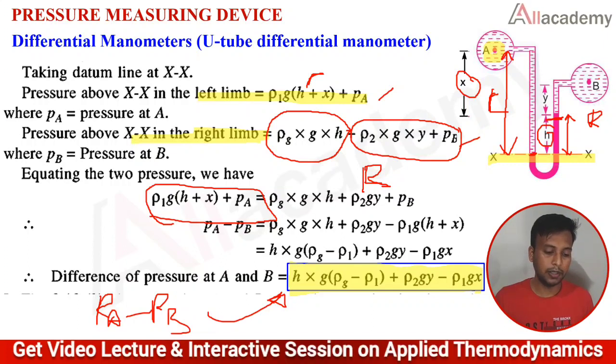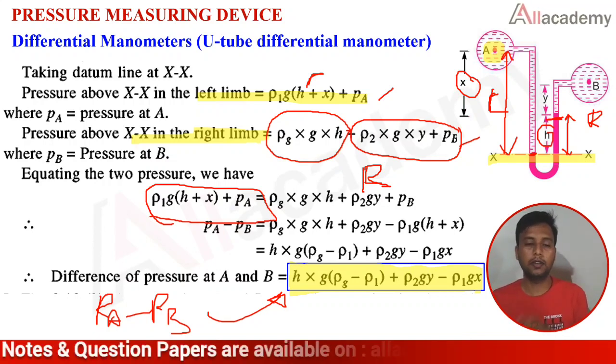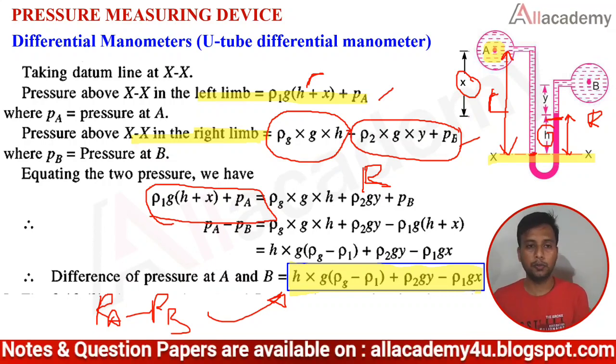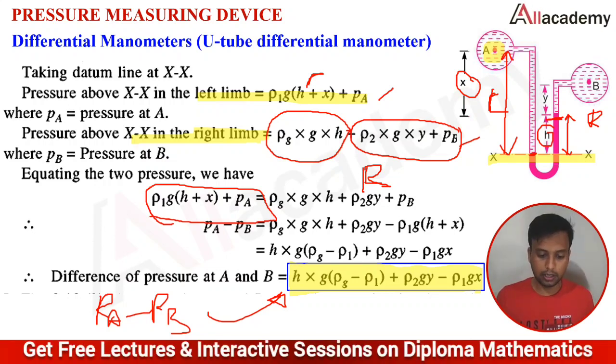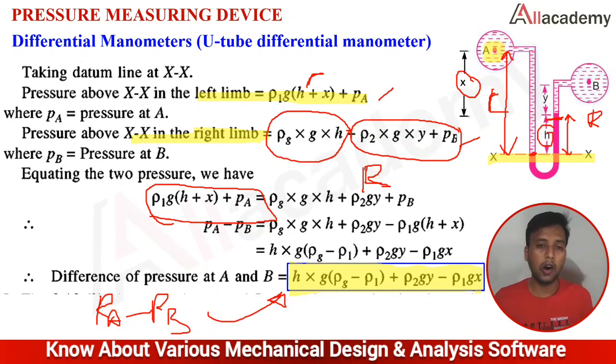If one term is asked, the other should be given, and based on that you can identify the pressure PA or PB. If PA has to be found, PB has to be given. If PB has to be identified, then PA has to be given. Whatever equation you are using, this is the difference between the pressures at A and B. It is not exactly the pressure at A or exactly the pressure at B. It is a difference in the pressure at A and B.